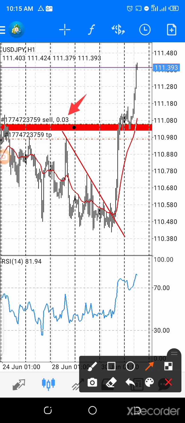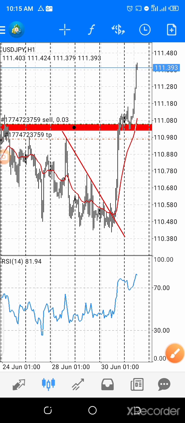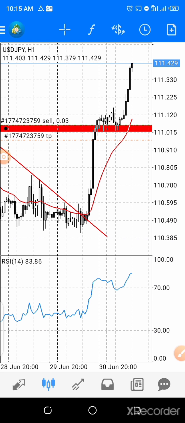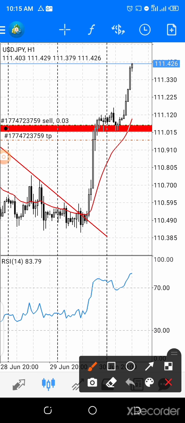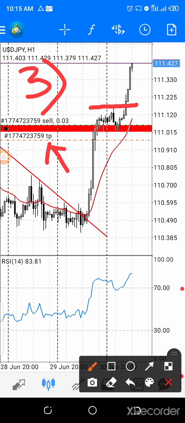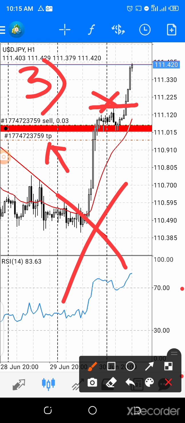Okay, I have made the mistake, but let me show you that even though you were not right in the market, there are other ways of protecting your accounts without being removed from the business. How did I do that? Yes, I made a foolish decision, but the third mistake was that I didn't protect my account. You cannot see a stop loss. There is no stop loss. Rather, you can see a take profit. I set a take profit, but I did not set a stop loss. That is all wrong.